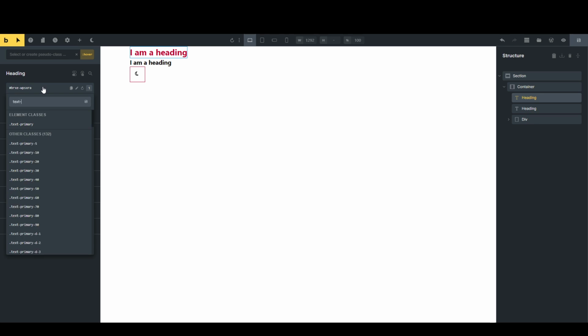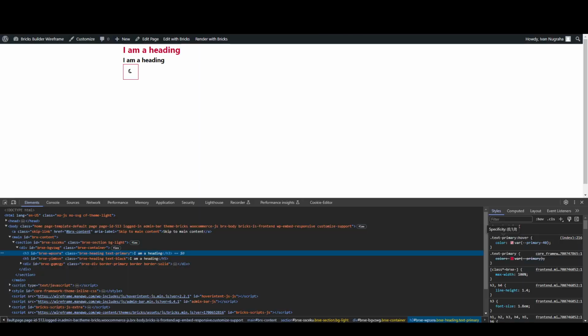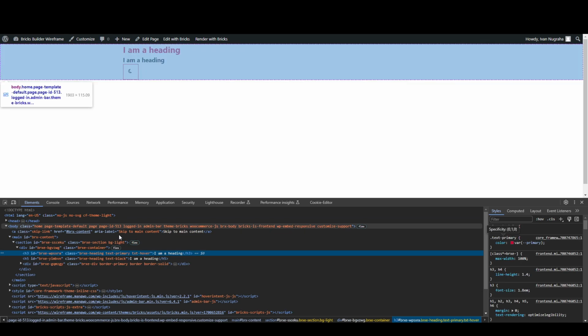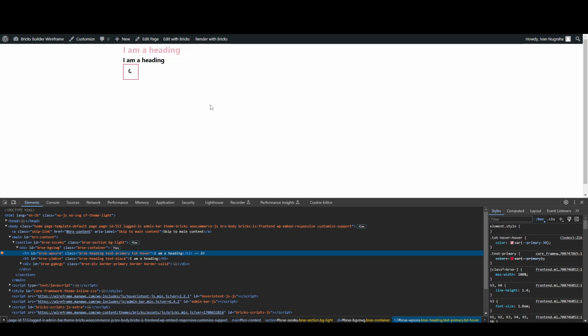So like text hover 5, something like this. Yeah, text primary, I don't know, text, yeah, it's kind of hard, text hover, yeah, whatever, you can use your imagination or your logic to naming, but I will use the text hover for now, and then change the typography to something like this, and let's see, does it still nice. If we click hover, text hover, yeah, it's using our class name, but